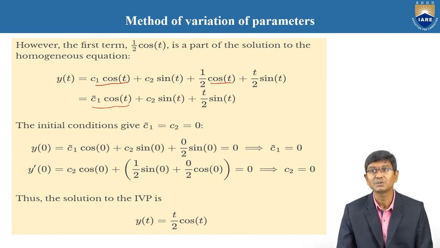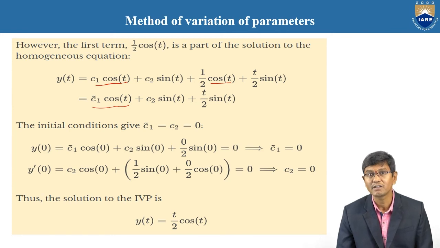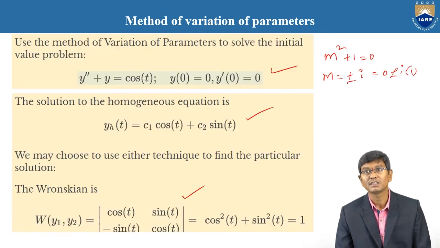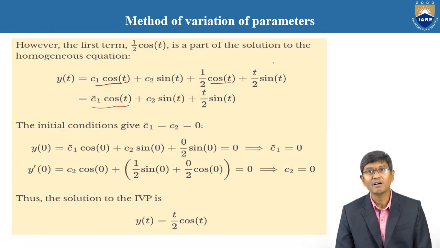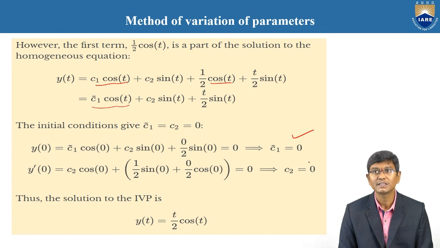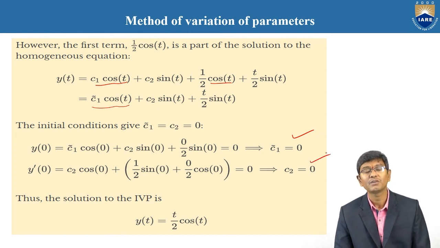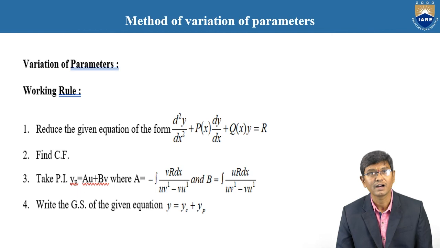With the help of y of 0 is equal to 0 and y dash of 0 is also 0. Because here the initial values are given, y of 0 is equal to 0 and again y dash of 0 is equal to 0. That is nothing but you need to assume that x is equal to 0, y is equal to 0 and x is equal to 0, y dash is also 0. By using all these initial value conditions, you clearly obtain that c1 is equal to 0 and c2 is equal to 0. Therefore, the complete solution of this initial value problem is y of t is equal to t by t into cos t is the value.